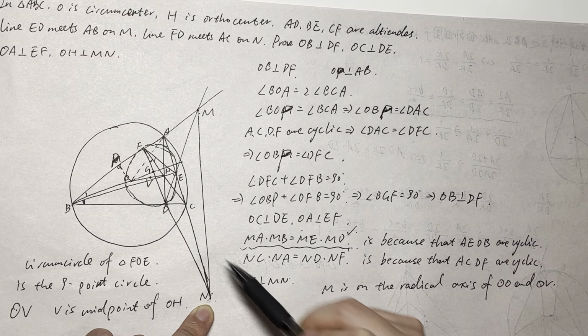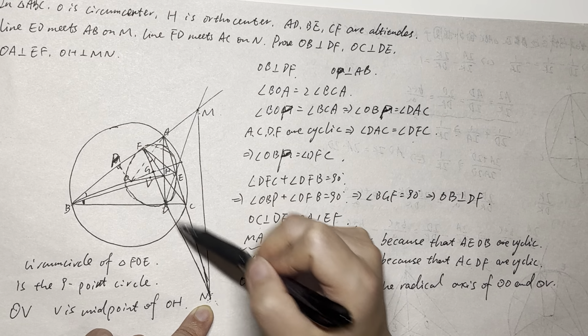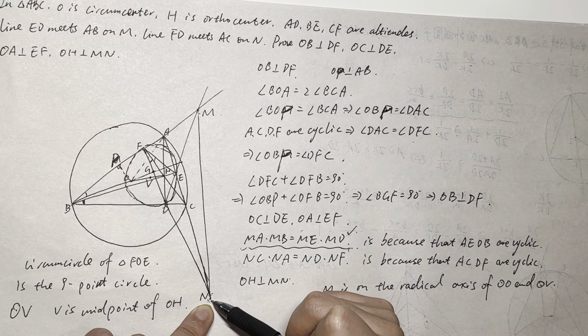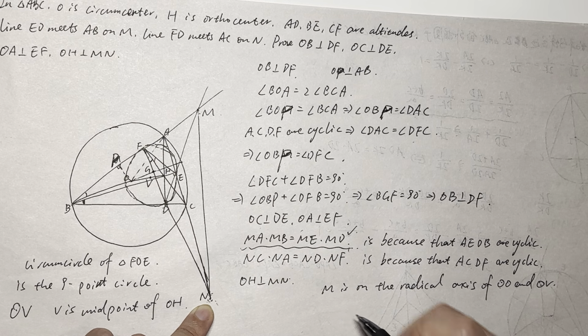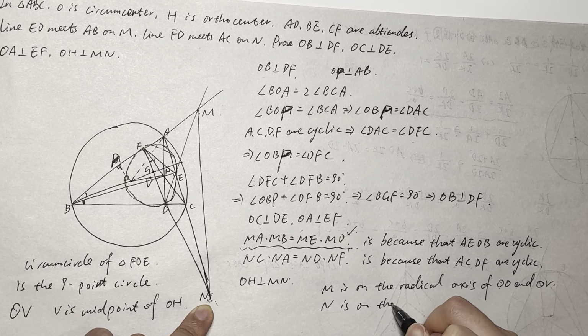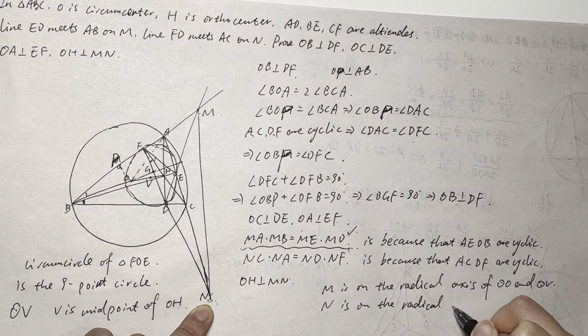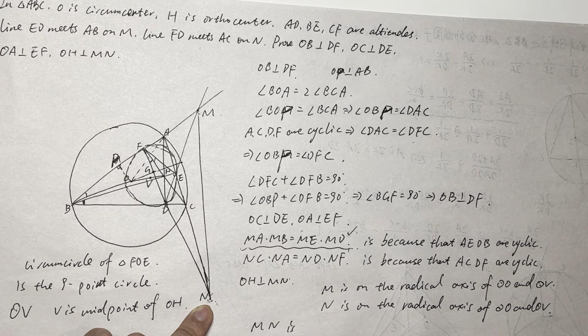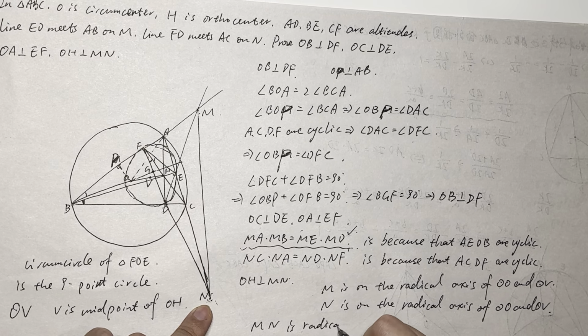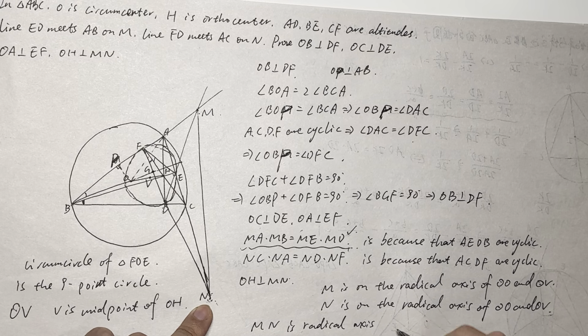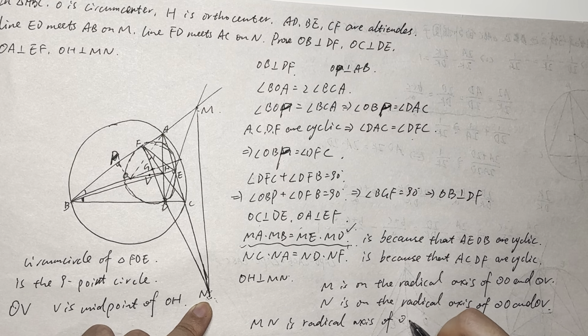And it equals ND times NF, and ND times NF is the power of N to the circle V, right? Which means they are equal, means that N is on the radical axis of circle O and circle V, right? Which means that MN is the radical axis of circle O and circle V,